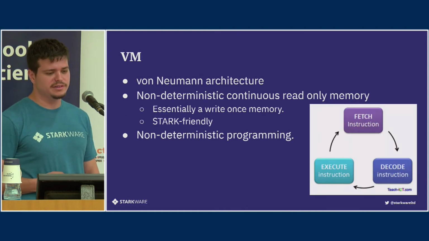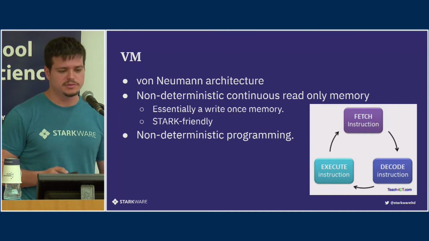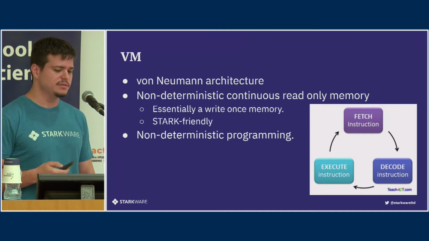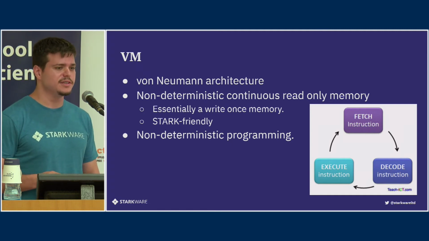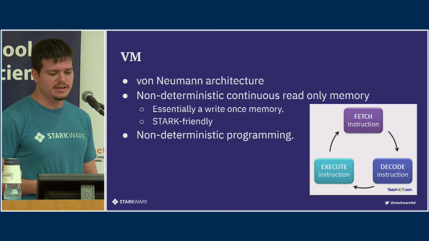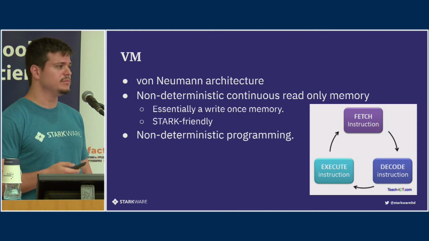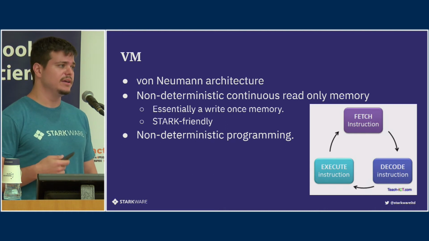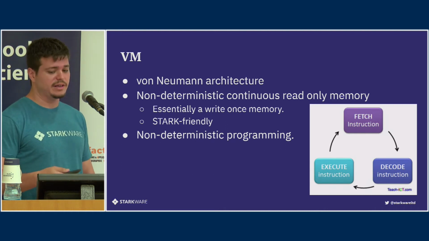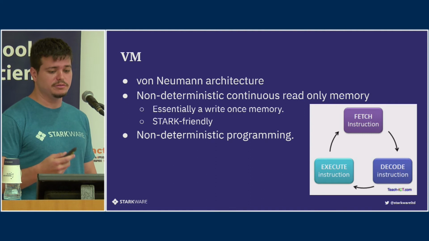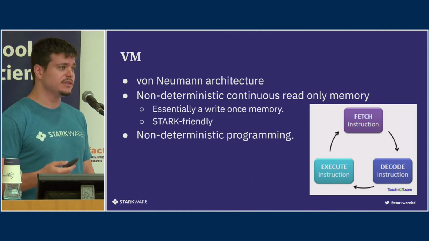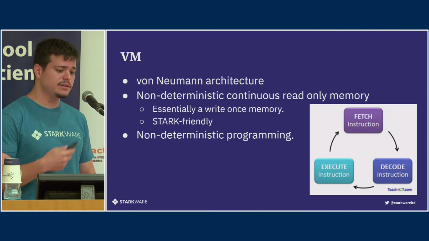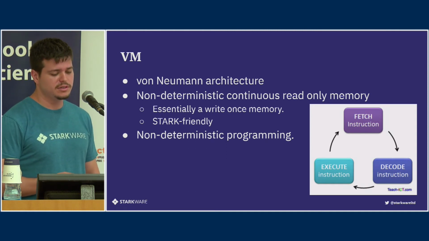Okay, so this universal machine, we chose to make it in a von Neumann architecture, which is the common architecture today in CPUs, for example. It basically means that you have some memory, and your code lies in this memory, and your CPU has cycles, and at every cycle you fetch some instruction from that memory, you decode it, understand what you need to do, and then you execute it, and then go on to the next instruction.